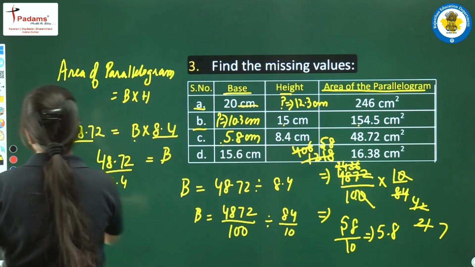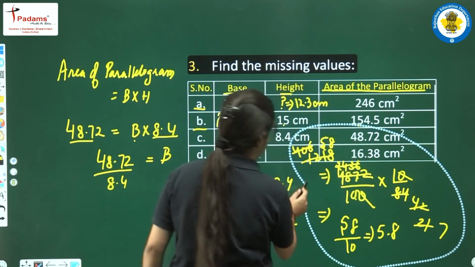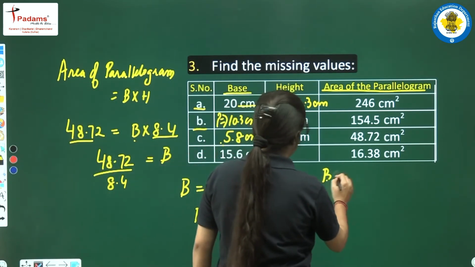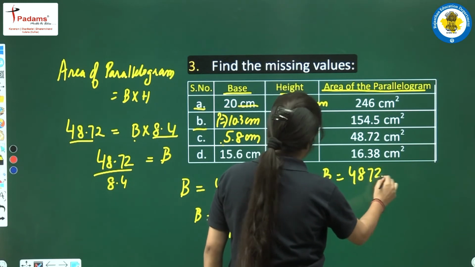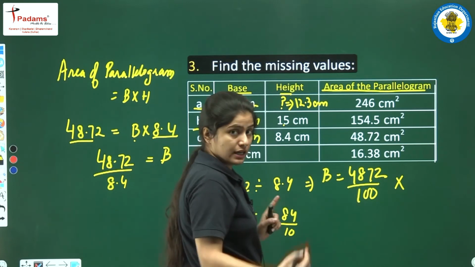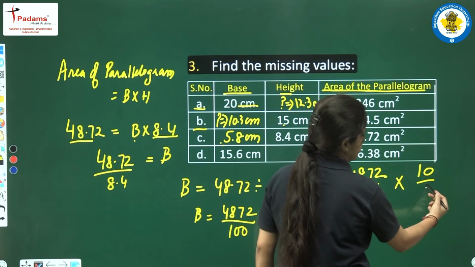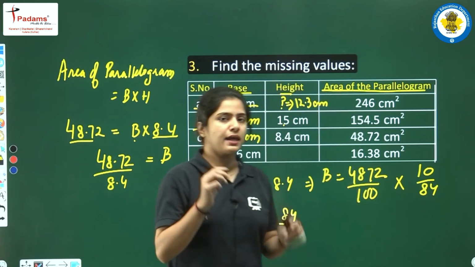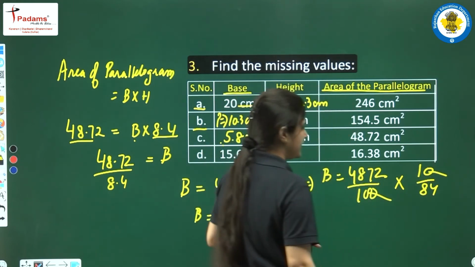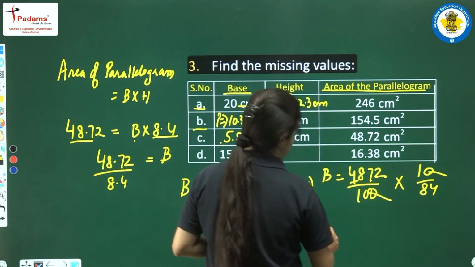Okay, I'll again show you this thing, then you can also do such thing with the help of the division part. Have a look how. Base is equals to 4872 divided by 100. Now we have changed divide into multiply, I am showing it again to you. 84 upon 10 becomes reciprocal, okay. First I showed you with the calculation, now let us see how we can do it. 0 and 0 got cancelled, okay. Now we will divide this 4872 from this 84. Okay,